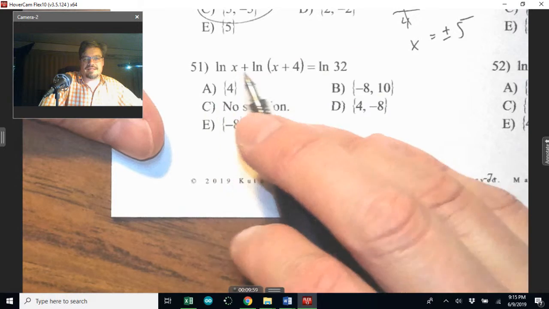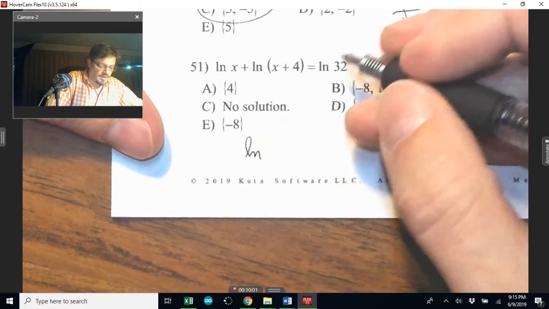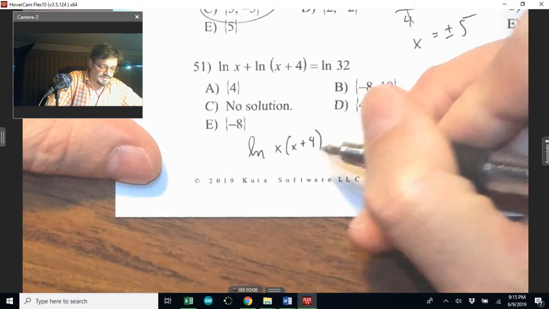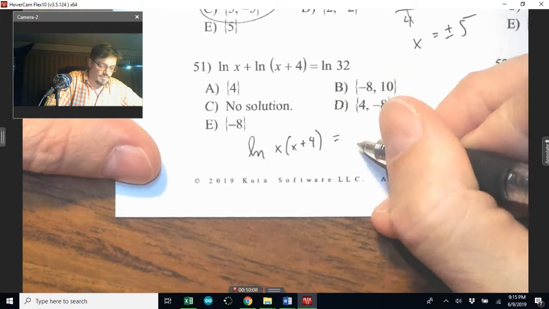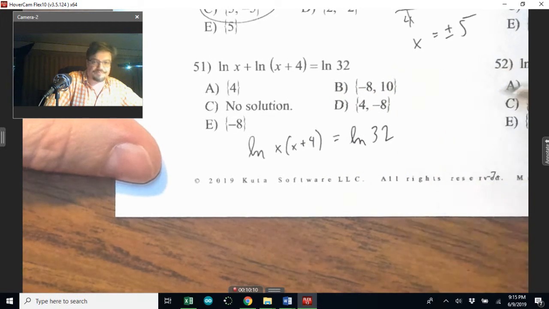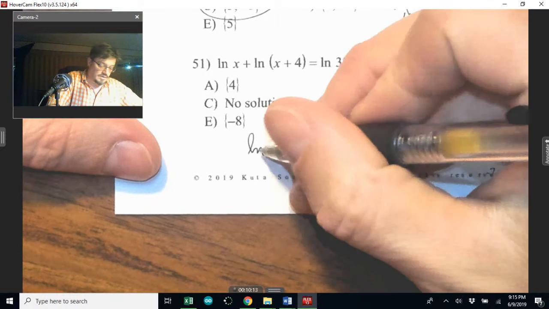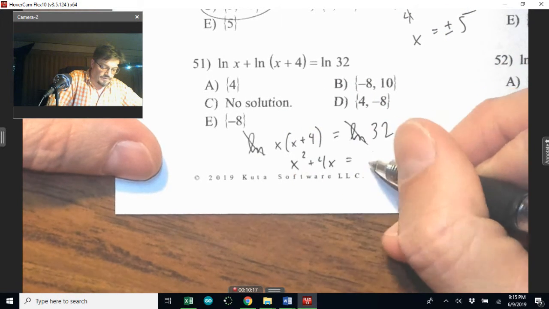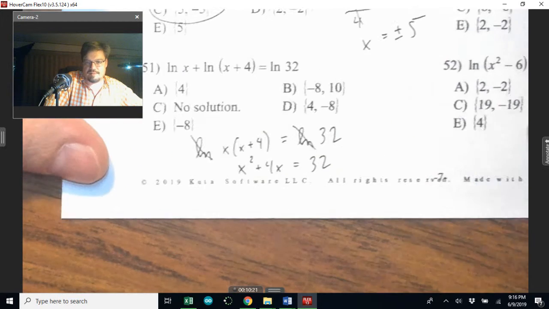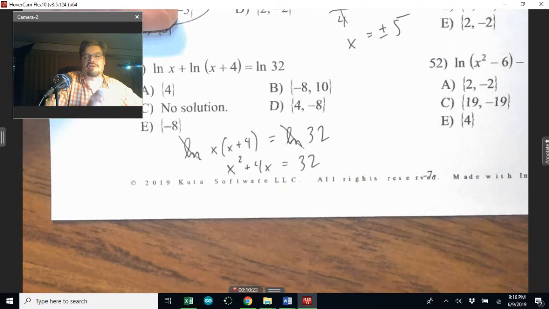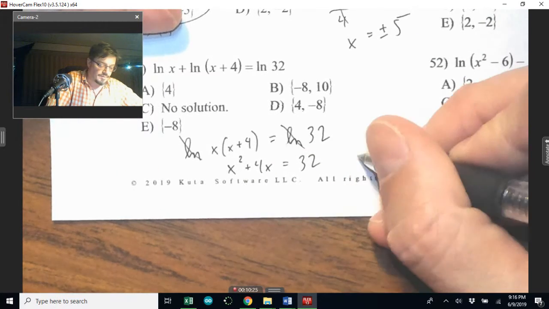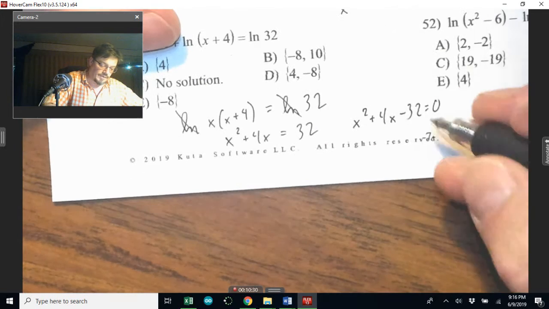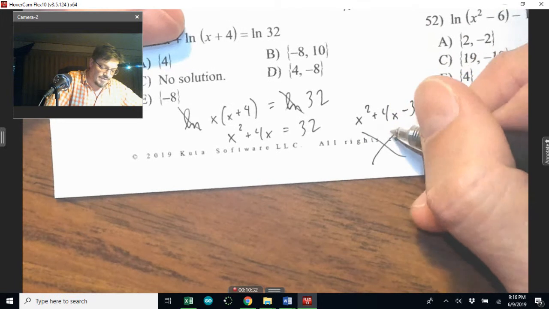Okay, so we can squeeze these together. There we go. Instead, I'll just write it in cursive. We can squeeze them together with multiplication. Then it will equal the ln of 32. Now I can cross it off. Ln's are gone, and I get that x squared plus 4x equals 32. This is a typical quadratic. You've probably solved it. We've done so many of these. We've got to dial it to 0, so we move that 32 over here. And then we'll do the x method, and we get the